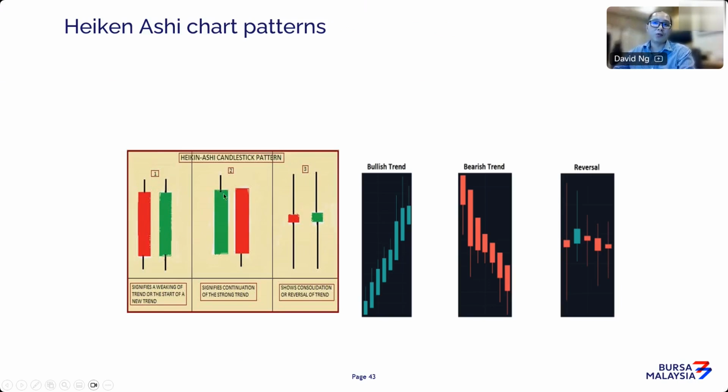Now, the candles that you need to watch are these type of candles, where if it's a green candle with only an upper wick, it means there's a strong bullish trend. If it's a red candle with only a lower wick, it's telling you that this is a strong downward trend. So these are the candles in the trend that you need to observe. Now, when you start to see small body, doji style candles, you should be careful, because this is telling you that the market is exhausted. So the particular trend at that time probably doesn't have much strength left. So if you are holding a position, you should be out of the market by that time.